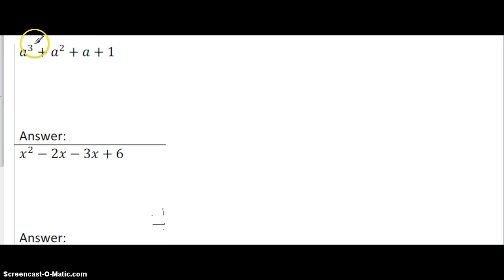Since these two have something in common, we're going to group them, and then we're going to group the other ones. Remember to put your brackets in between the operation and this variable. Now take a look at what you can factor out. Both of these have an a squared in common, so I'm going to factor out an a squared. What times a squared is a cubed? Well, that's going to be a. What times a squared gets you a squared? It's simply going to be